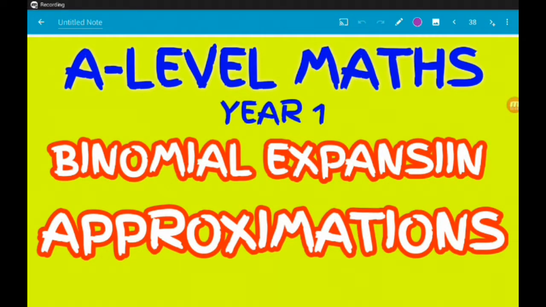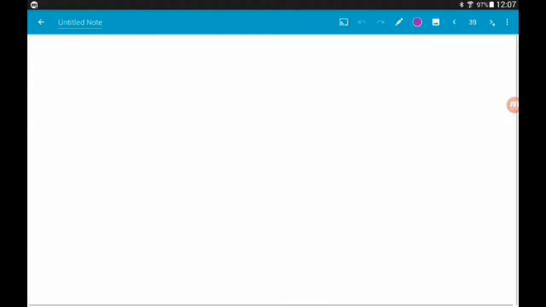Hey guys, so far in our adventures with the binomial expansion, we've had a look at expanding 1 plus x to the power of n and also 1 plus ax to the power of n. Now there hasn't really been much context as to why we would do these. So we can use binomial expansions to approximate certain numbers raised to a power. In particular, this is really useful for decimals to a certain power. So, for example, let's say we wanted an approximation of